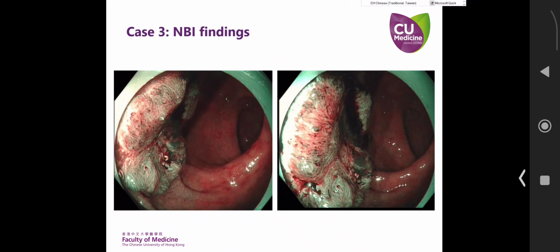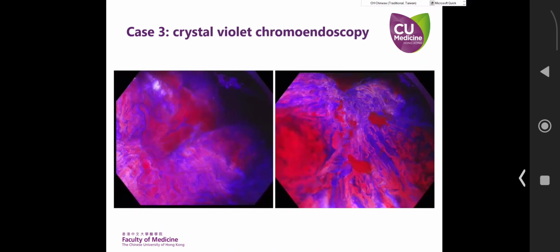In these settings, chromoendoscopy will help. So I did the crystal violet staining here. Especially in the right-hand side picture, you can see there are areas with absence of the pit pattern. So essentially, this is a type 5N lesion. So we did not proceed with ESD again, and we referred this for surgery because we think this will